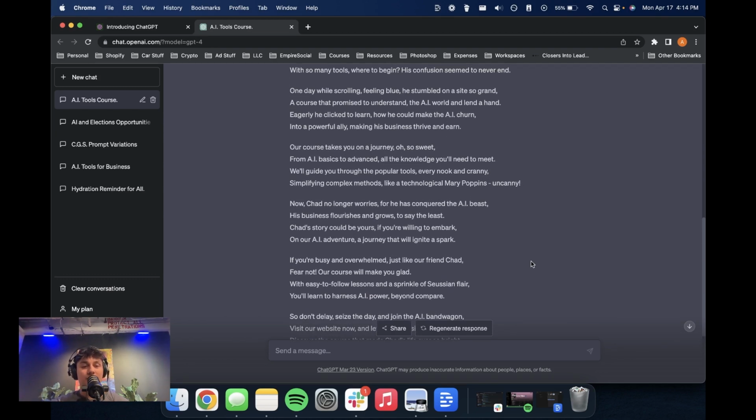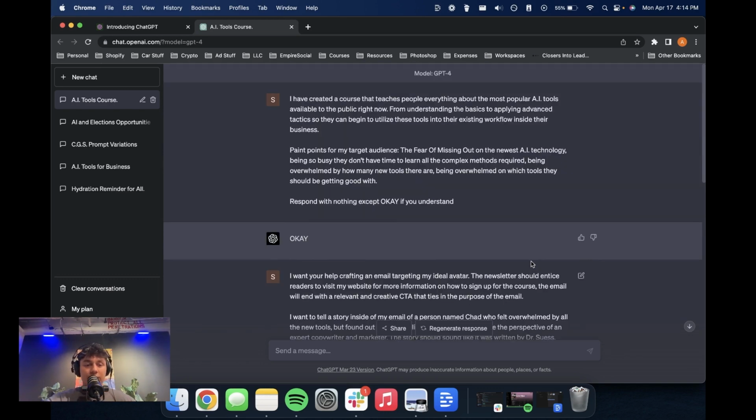Now, if you'll notice, we've talked about target audience, we've talked about CGS. Now, let's talk about the concise language inside of our document. There's nothing in here that's super complex, right? Like I'm not going to a thesaurus and swapping out every word so I can sound like the most profound English writer ever to be born.